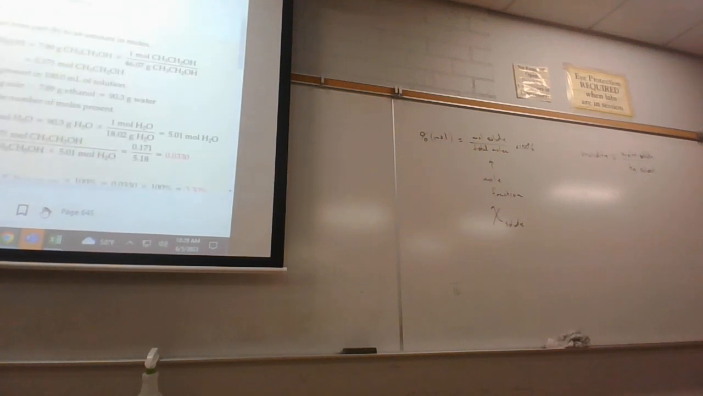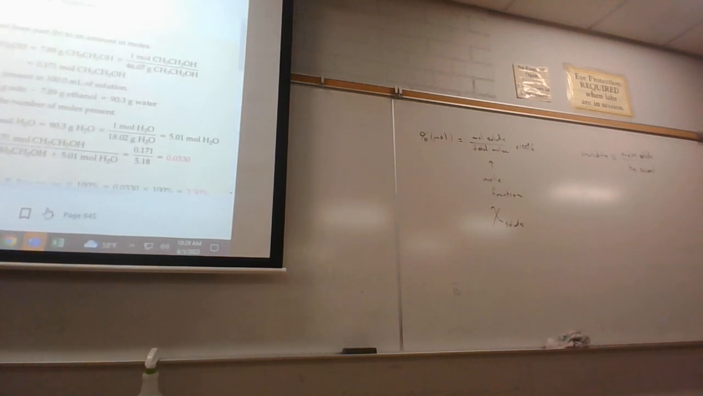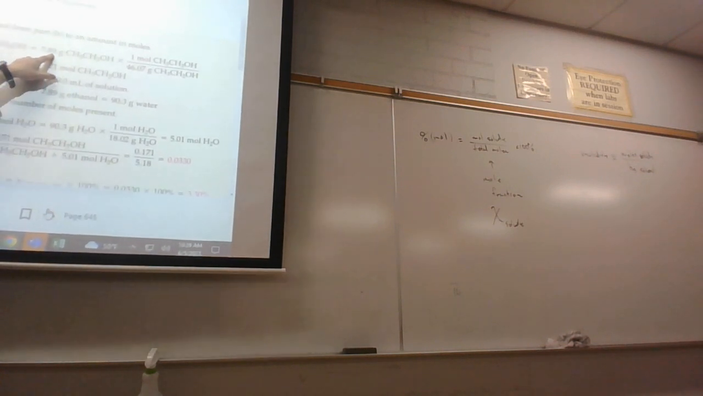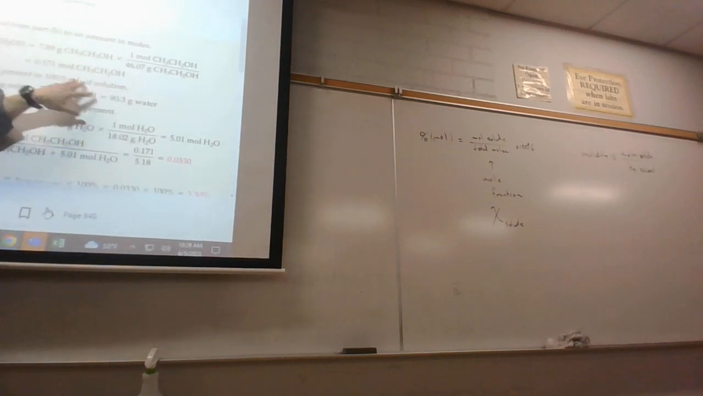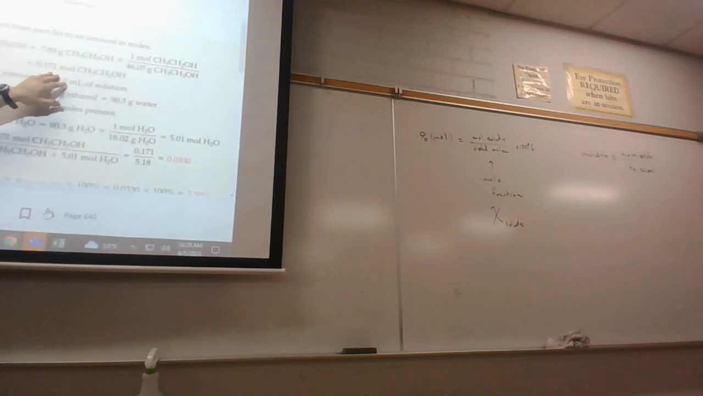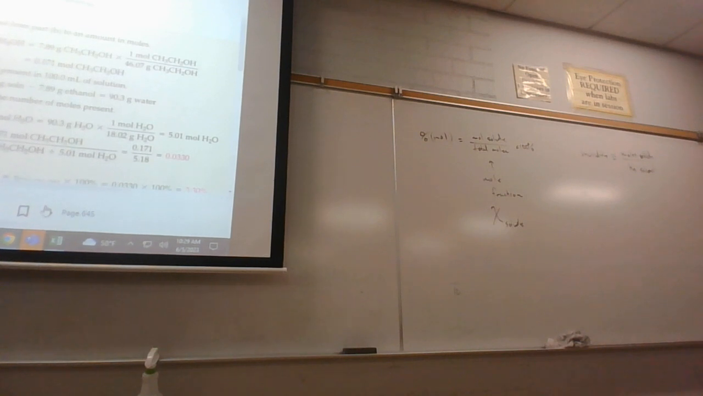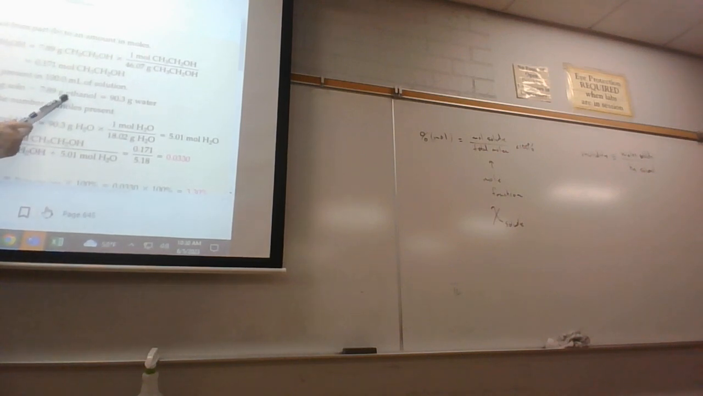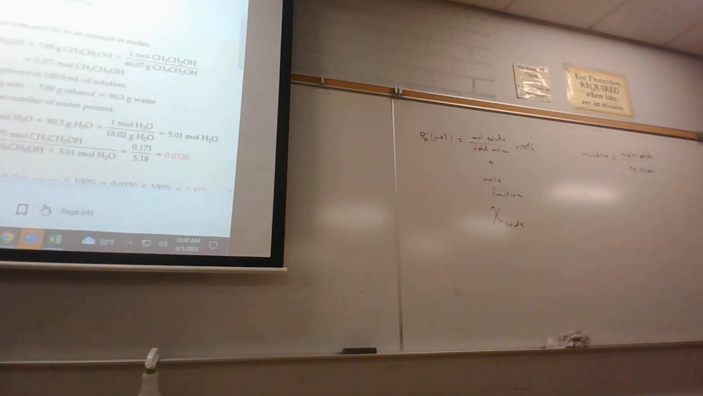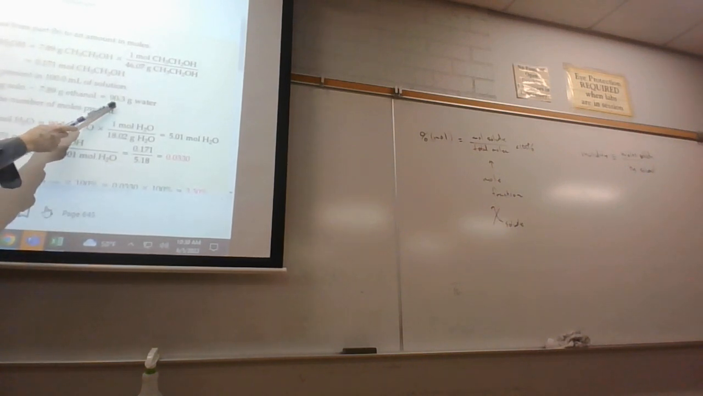Mole fraction. So we need to know how many moles. We start off with grams and convert to moles, with grams of pure ethanol, not grams of solution here. We get that many moles of solute. Then we have to figure out how many moles of solution we have. And so if we have 7.89 grams of ethanol and 100 milliliters of solution,